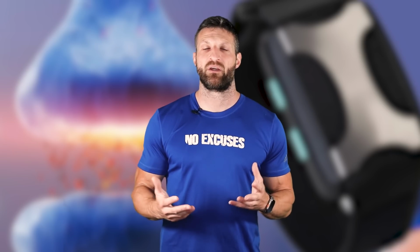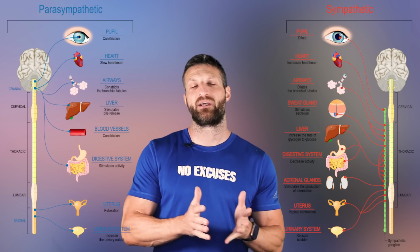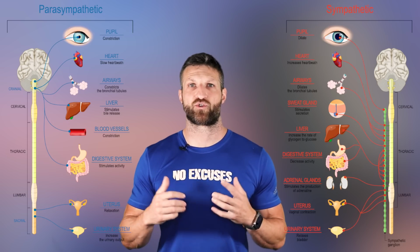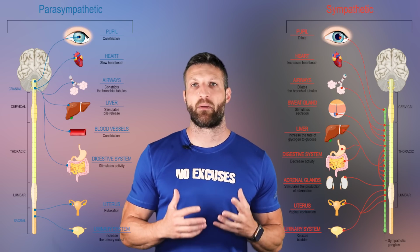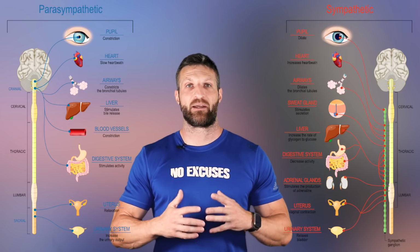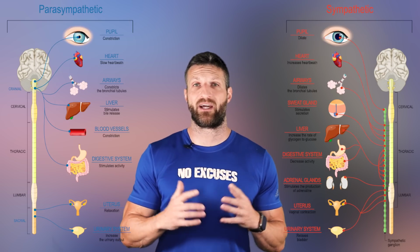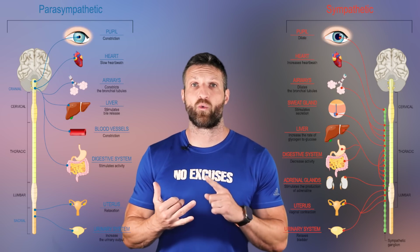So the nervous system, the autonomic or autonomous nervous system, consists of two branches, the sympathetic branch and the parasympathetic branch. The sympathetic branch is the one that's responsible for your fight or flight response. So whenever you're stressed, when you're in a life-threatening situation, the sympathetic nervous system makes sure, or at least increases, your chances of survival. It's an evolutionary concept that has helped us survive in the presence of a threat. Let's say a saber-toothed tiger attacked,